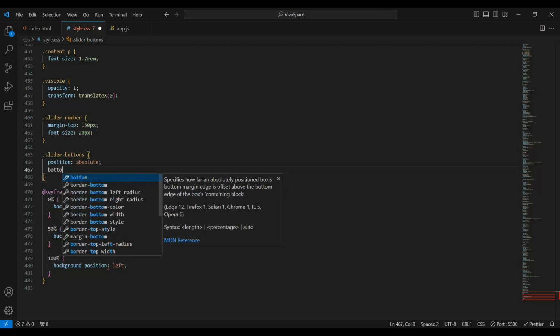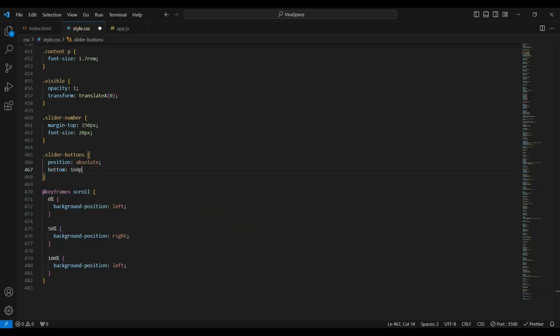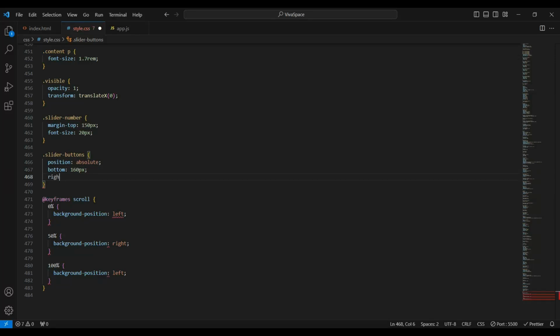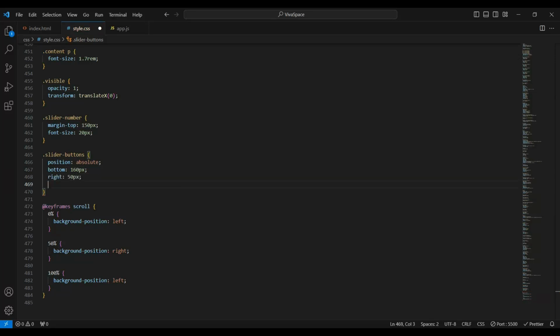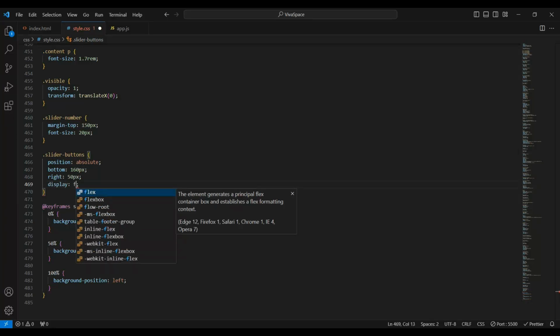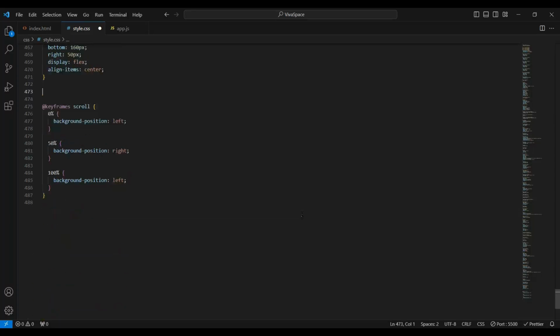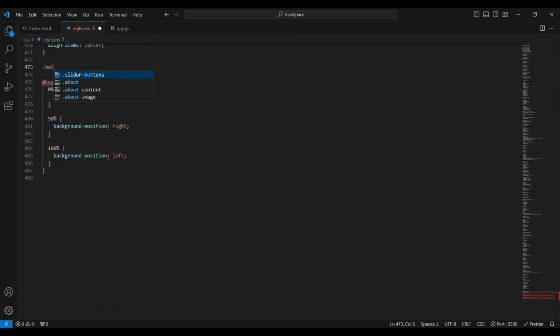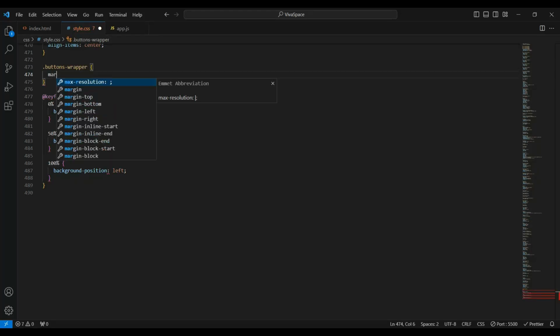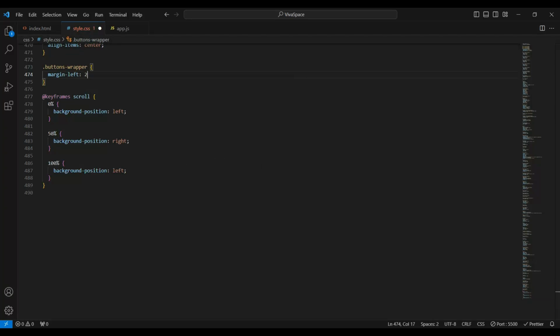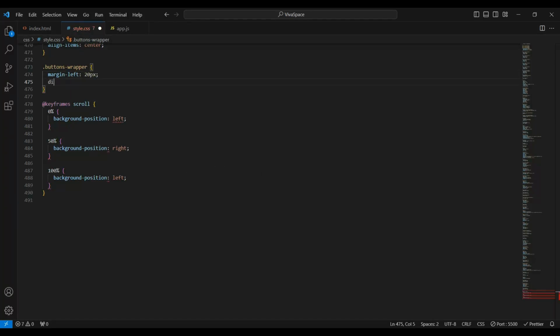From the bottom 160 pixels and from the right 50 pixels. Display it as flex and align them in the center. For the buttons wrapper, some margin to the left, which is 20 pixels. Display it